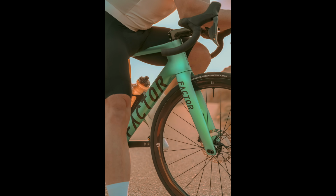So a really sensible approach to geometry. It will be interesting to ride it and see how it resembles other race bikes and how close it might be to an endurance bike in that sort of regard. But I think it makes a lot of sense to have a taller head tube, as I've seen with a